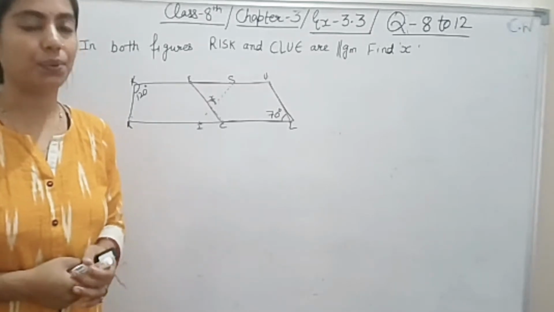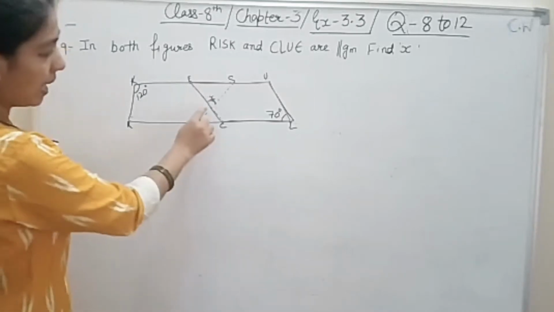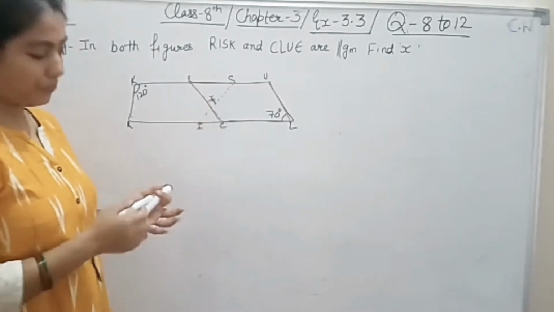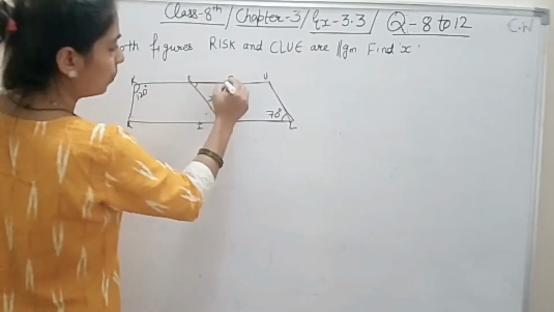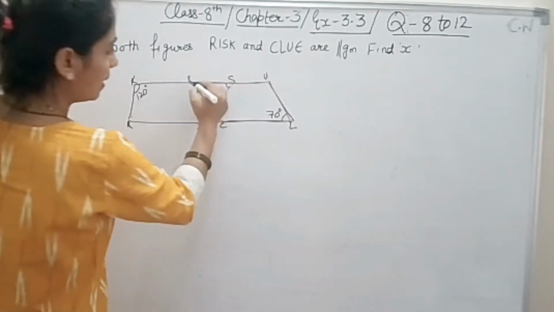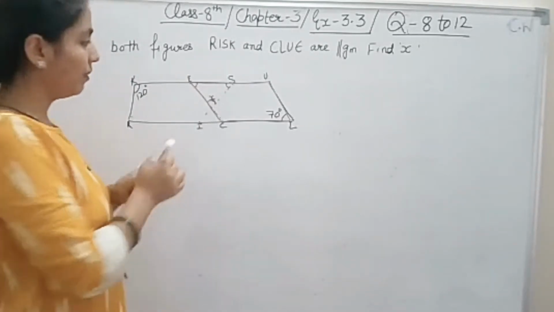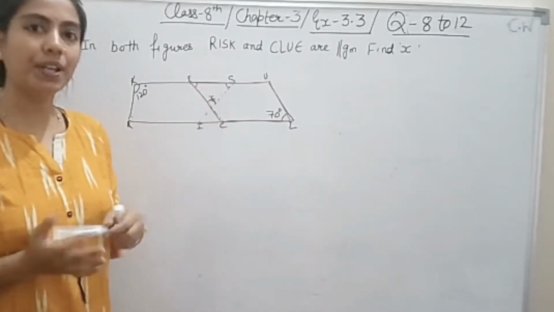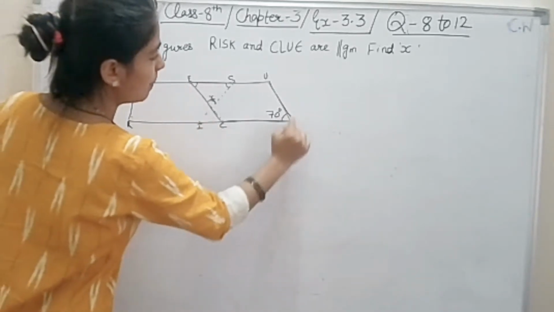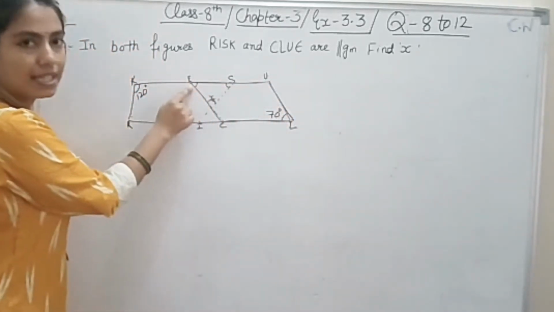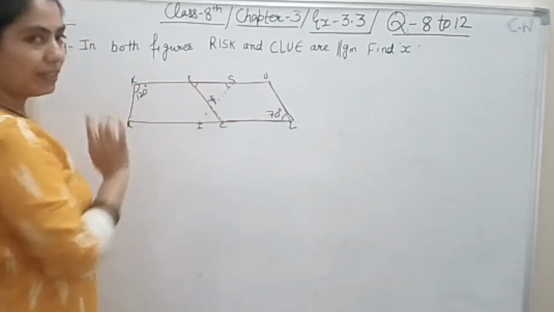How to take out the x value? Directly we can't take it out. Just see the figure carefully. How will you find x directly? No. But if we know the value of this E and if we know the value of this S, then this makes a triangle and with the angle sum property of a triangle, we can easily find out the value of x. Right, student? And for E, this one is a parallelogram. You can see this is the opposite of that angle. So easily we can find out the value.